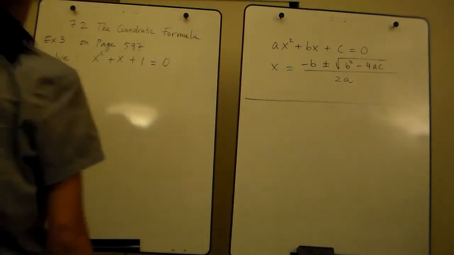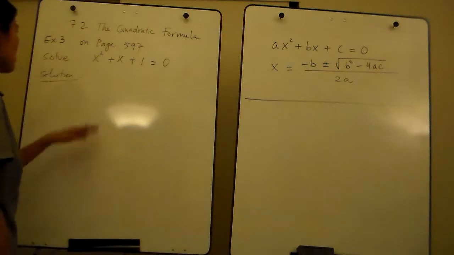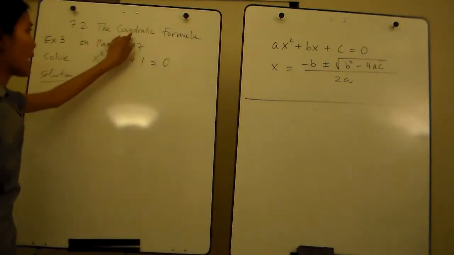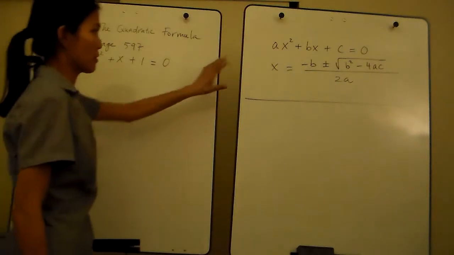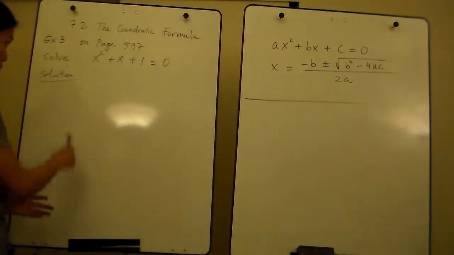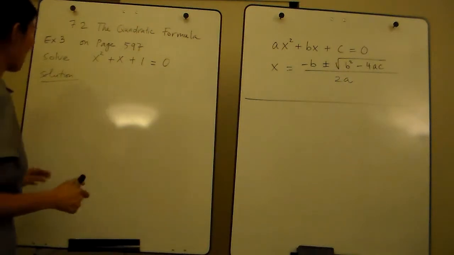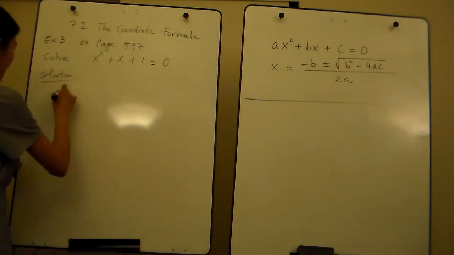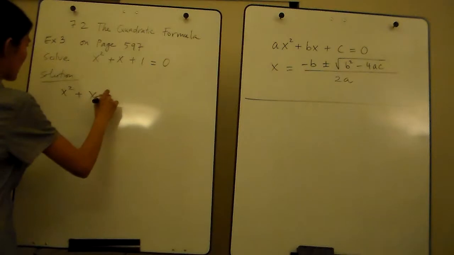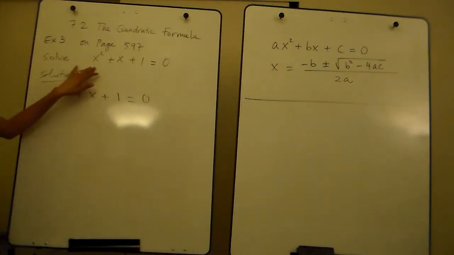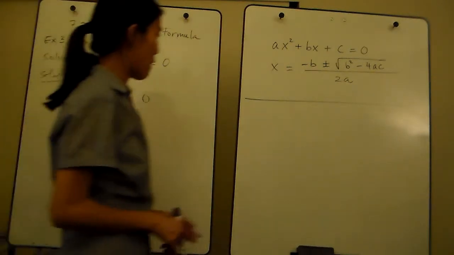Example 3 on page 597: solve this equation. This section is about the quadratic formula, so we'll use this formula for solving this quadratic equation. So we have x squared plus x plus 1 equal to 0. You know this is a quadratic equation because you have an x squared term and it matches with this